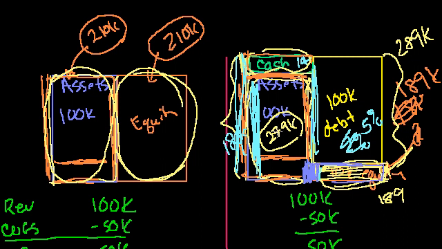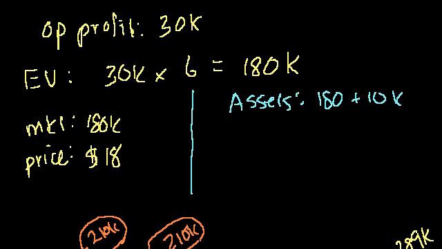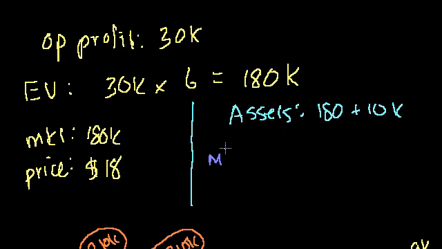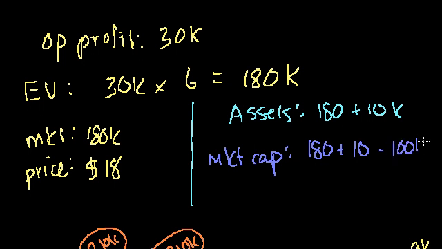So essentially you would say that the market cap is equal to the enterprise value plus the cash minus the debt. It's good to draw those balance sheets if you ever get confused. So the market cap is equal to 190 minus 100K, which is 90K. And if you divide that by 10,000 shares,